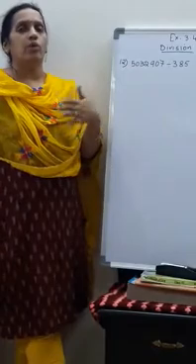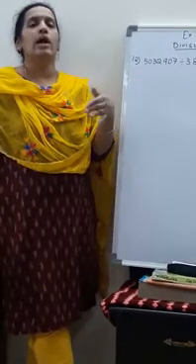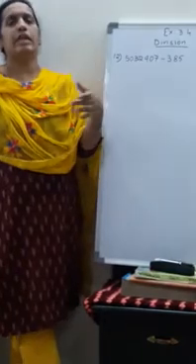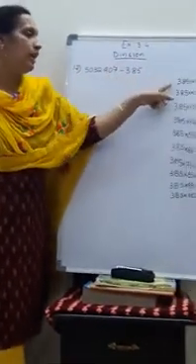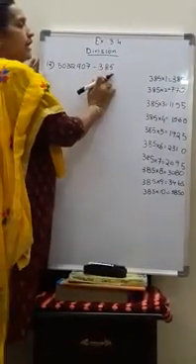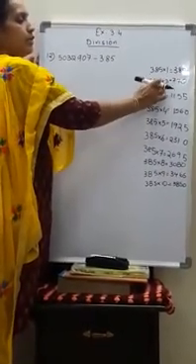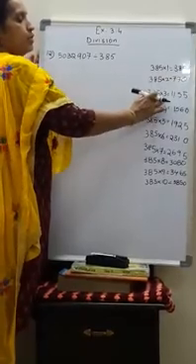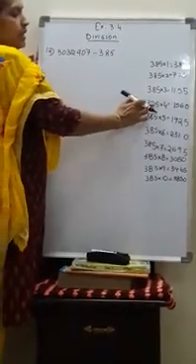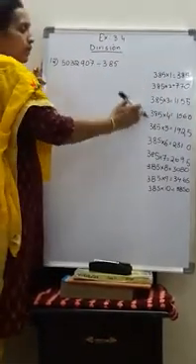Maybe you are worried that you don't know the table. Children, a small technique. Even in last year's class, we explained that when you don't know the table of a number like a 3-digit number, or like 27, 57, 88, what you should do is write all the numbers like this and do the multiplication, like how I did here. See, 385 ones are 385. 385 twos: multiply 385 by 2 and write the answer here. 385 into 3: multiply and write the answer. 385 into 4: multiply by the normal multiplication method and write the answer. This way you can complete the table.